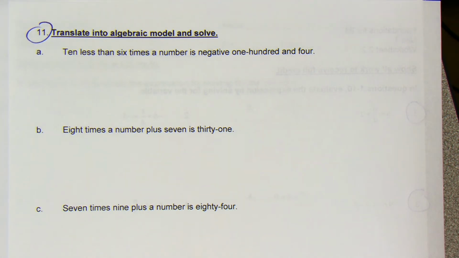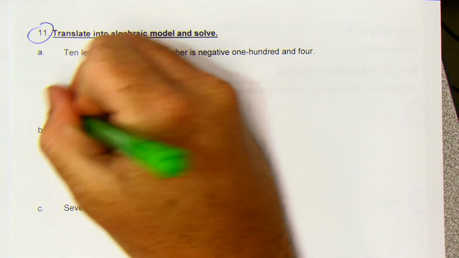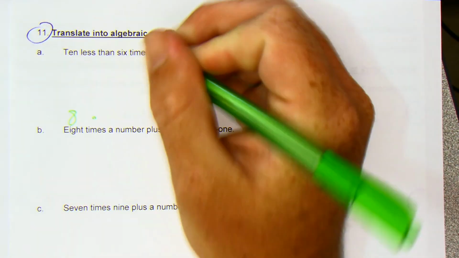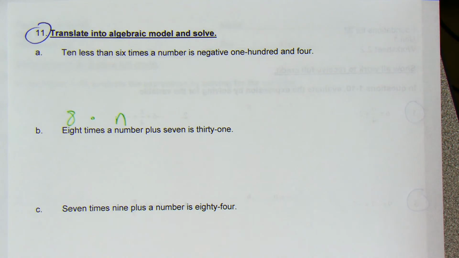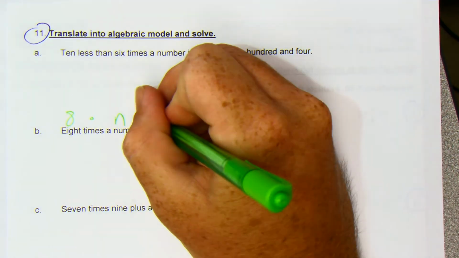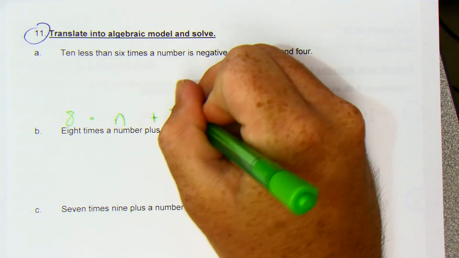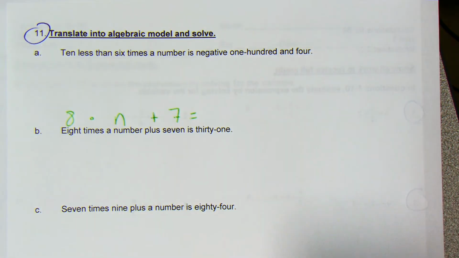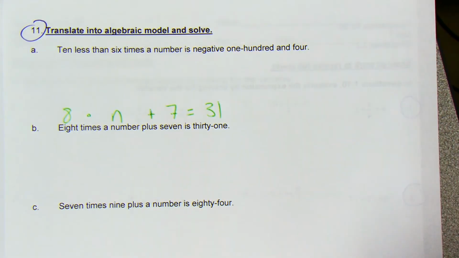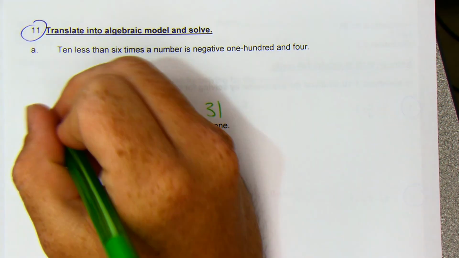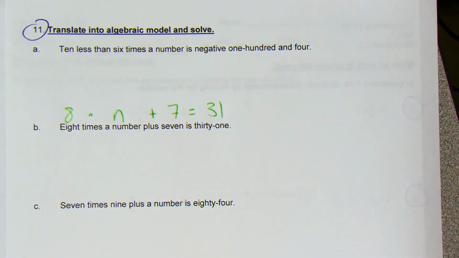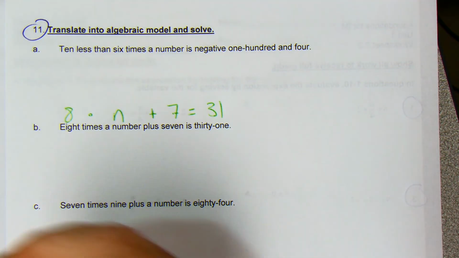Okay, so it says 8 times a number, let's use n, so a number plus 7 is, remember it means equals 31. Okay, so I'm going to move that underneath. I'm going to attach my 8 to my n because that's how we would write it normally. So now I have 8n